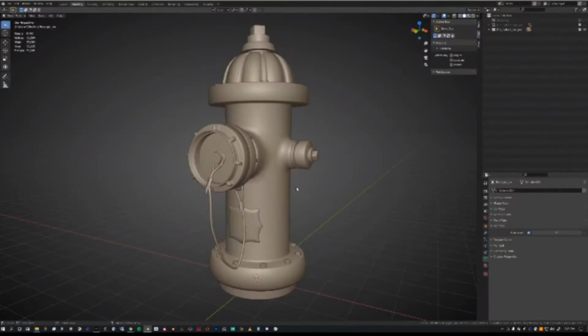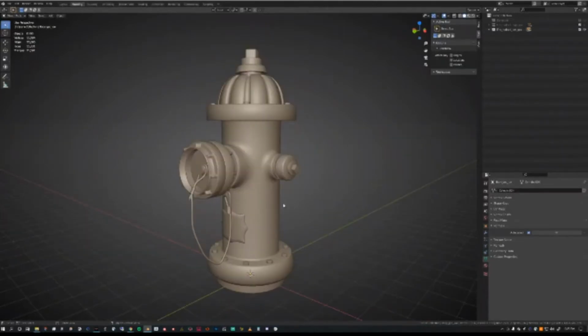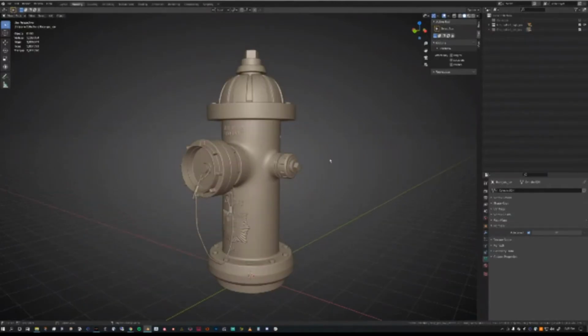It's been a lot of fun to use, and pretty intuitive and pretty easy to get some really great results. What's coming up next is we're going to be texturing it with Substance to get the full game asset, the full workflow, and then rendering that out with Blender Eevee. So that's where we're at with the fire hydrant. Got a lot of work done. The next plan on your agenda, is that just to go all out in Substance Painter and